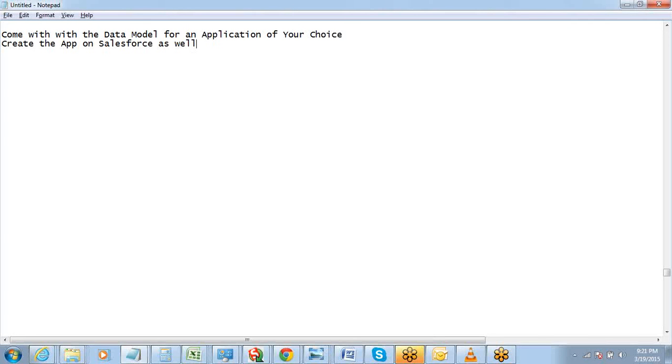So think about a concept. There's something which is very important. I want you to think about a concept, think about the data model of that, and build it in Excel. If you're done with the data model and you still see that you have time and you're quite convinced with the kind of data model that you have designed, please go ahead and create the application on salesforce.com. Even if you're not convinced, go ahead and create it. No one is going to stop you, right? But take out time, think of an application concept, think of a design concept, and then design it on your own, at least on this part.